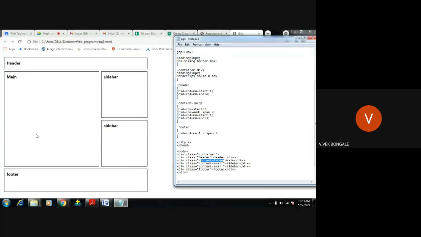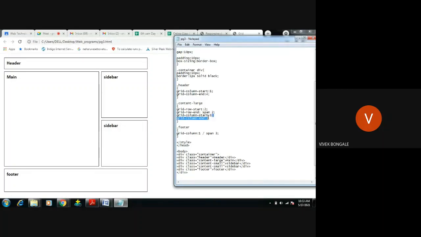Okay, I will repeat. See, in the content large, I am using row starts at 2 and I am spanning 2 rows, and column starts from 1 and ends at 3. I am using 1 column, 2 column and 3 column for this main function. That is the reason I'm giving grid column start 1, grid column end 3.